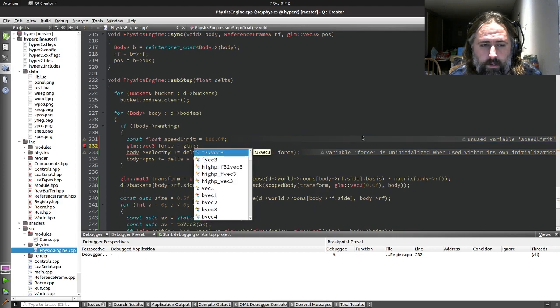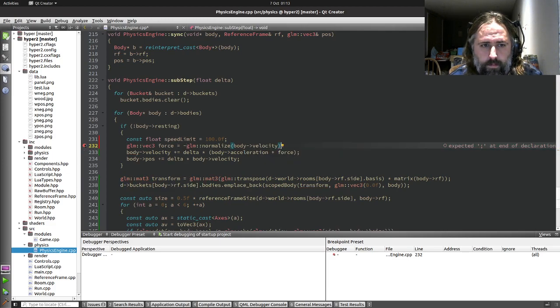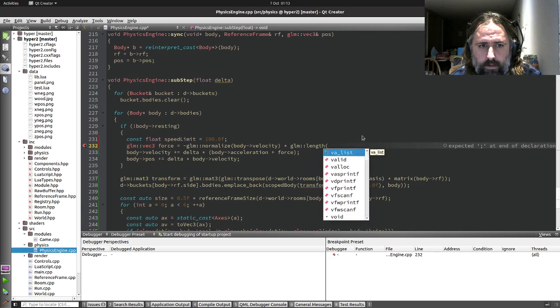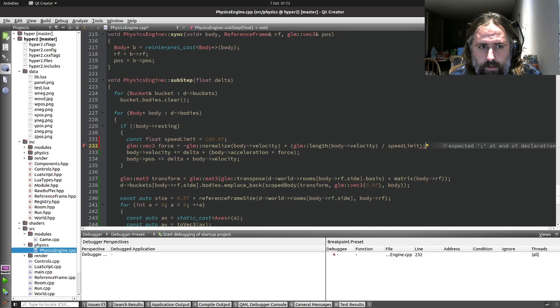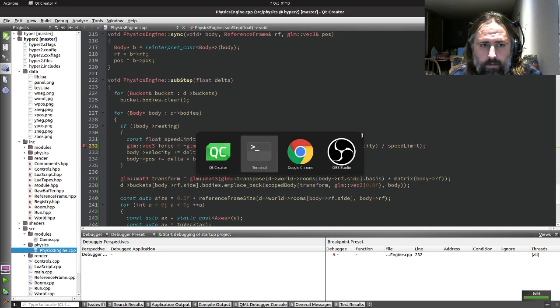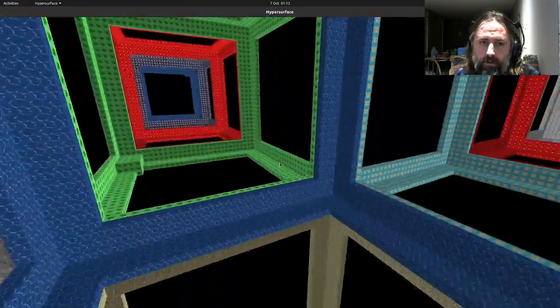So it's going to be again in the opposite direction of your velocity. How much of it is it going to be? It's going to depend on your velocity. If your velocity is close to 100, you're going to get more force. And it should probably factor in mass or whatever, you know. Because I would like heavy things to approach the speed limit quicker than slow things. Okay, so